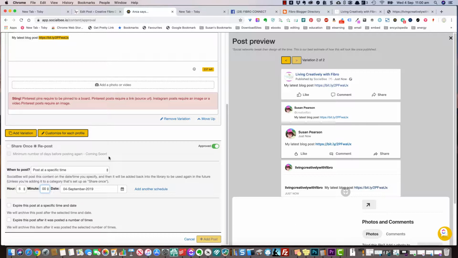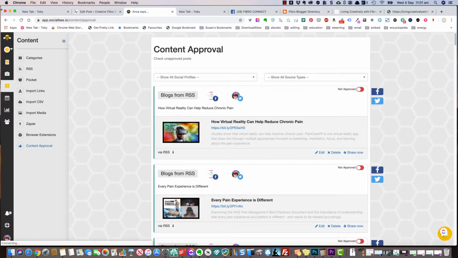So on the first day, you want to put a few on there, but once they've brought out this minimum number of days, you can build it even more slowly, so it's not going to be bombarding the same post every couple of days. So you can add things straight from within your SocialBee platform,